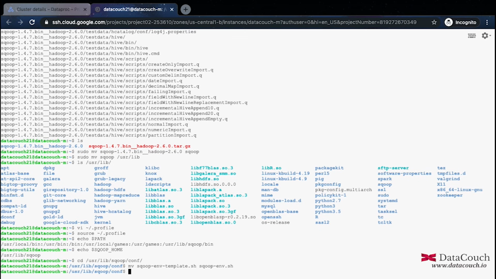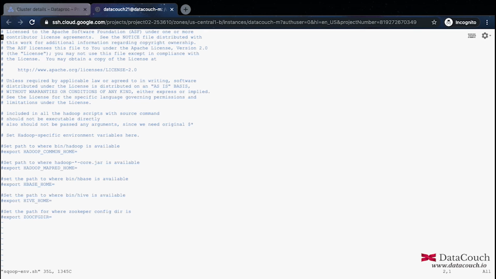I will now go inside this file and add a couple of exports, and we will be doing sudo, and I'll be changing it right away. Okay, so now I just need to insert two exports here.